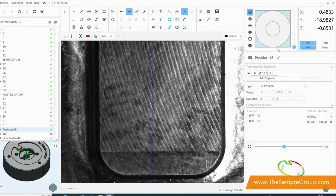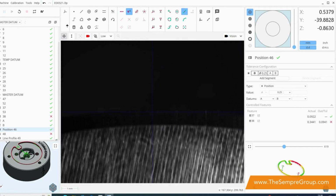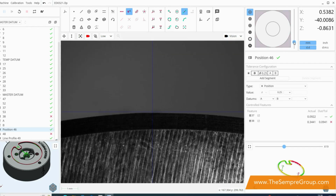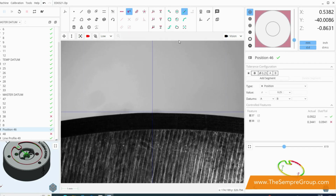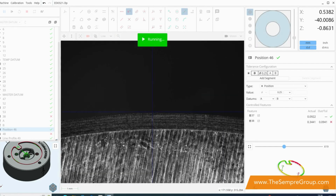Micro-Vu has 3 different lighting configurations. We have backlight, we have top light, and we have what's called coaxial light. So backlight, as you can see, as we change this slider, will move up and down. You can see that the lighting has changed. For the top section here, you can see that we've got